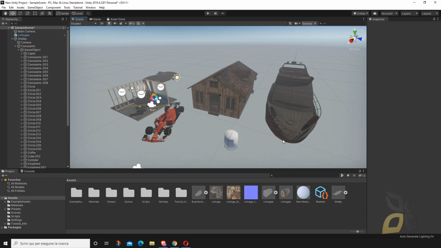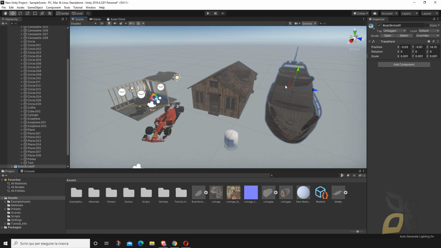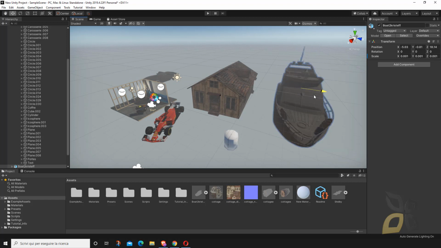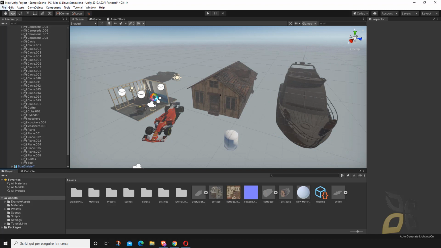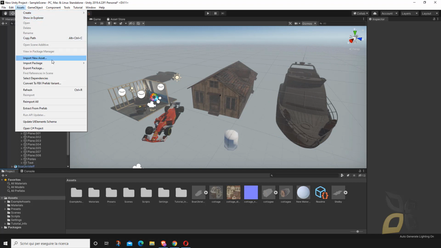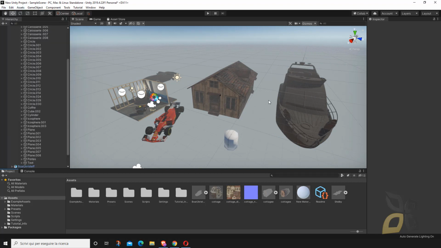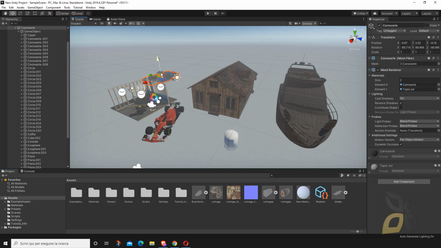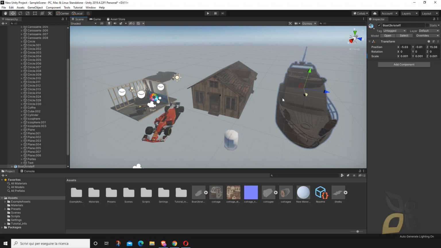Now I want to show you a couple of ways you can export from Unity, but I already imported here some models taken from the web, and this was a 3ds Max model, so I just dropped it into the content browser of Unity, or you can just go to Assets, Import New Asset, and you can import in Unity, I think, basically anything. You can import FBX, OBJ, Blender. This is a car which I imported directly using a Blender file, and this is a 3ds Max file.